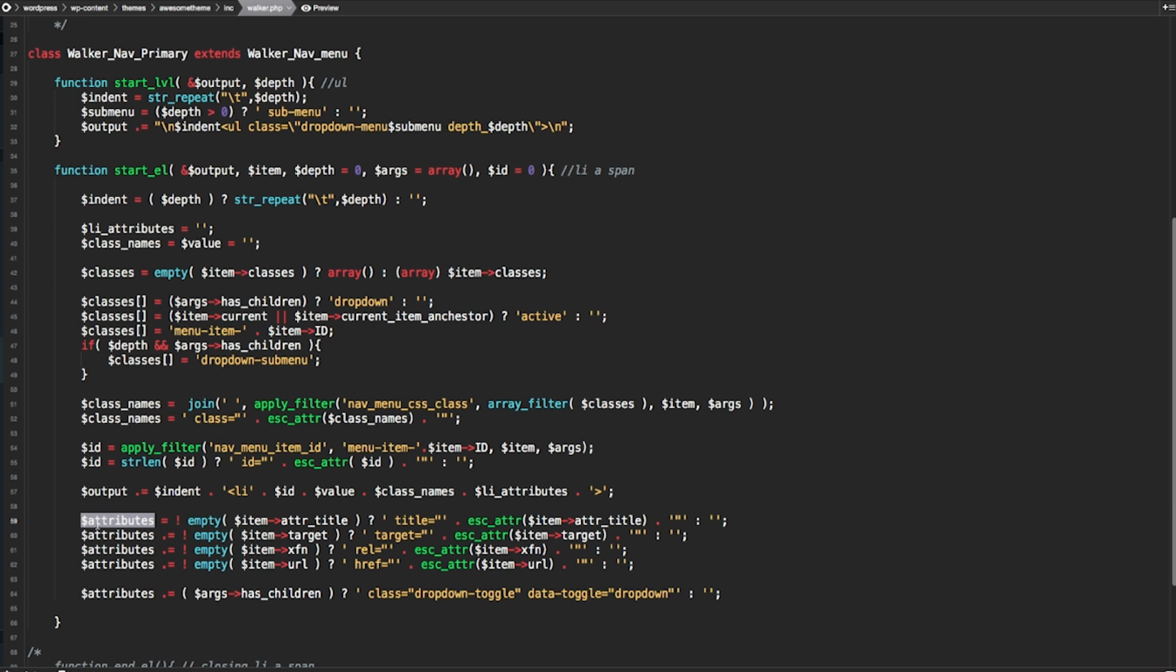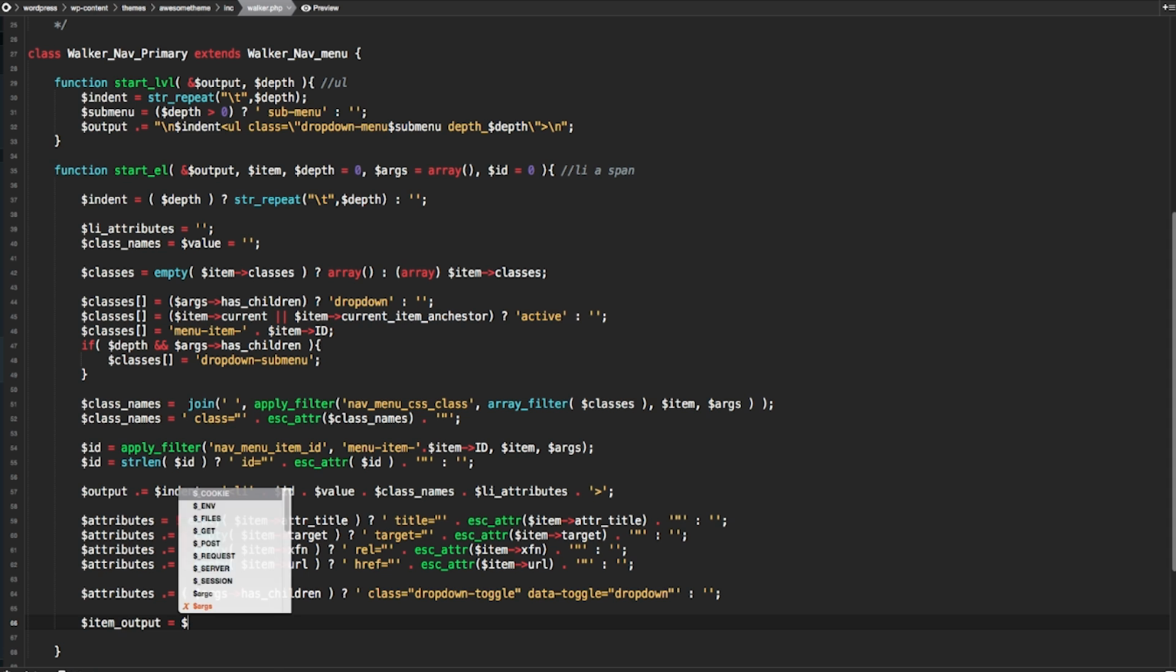So now that we built finally also the a tag with all the attributes, and inside the attributes we have everything we need for our link, we can build the actual output of our item and then print everything to our menu. So let's create another variable called item output that is going to contain all the elements that we defined, and then we can push everything inside the output after the li tag that we just opened. So item output is equal to args